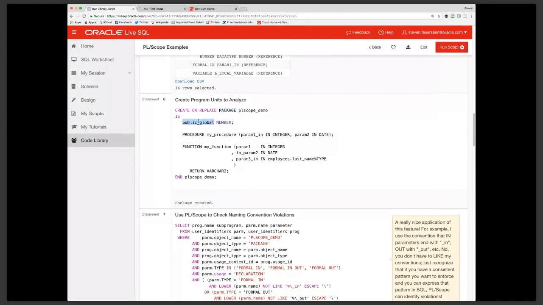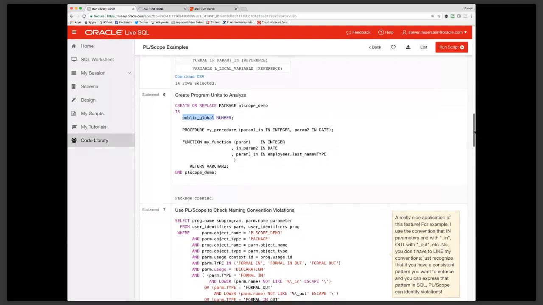The thing to realize is that when you declare something in the package spec, you lose control over it. Anybody with execute authority can modify the value of this variable. There are no controls. That's why many programmers talk about get and set procedures and functions. So create a procedure to set the value, create a function to get the value to protect that variable. But it can be done. You can have variables here. And with PLScope,